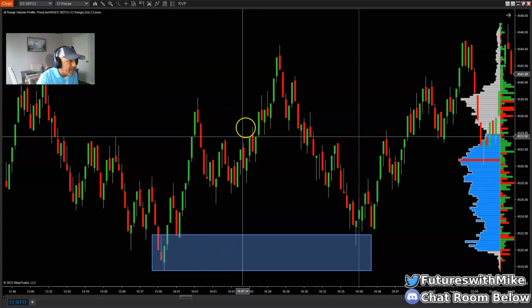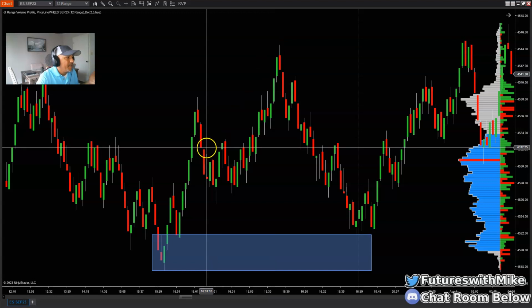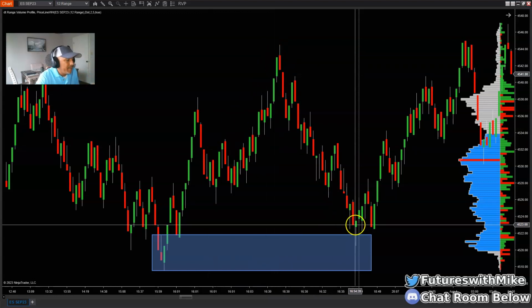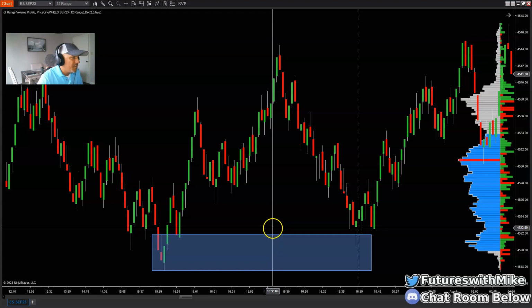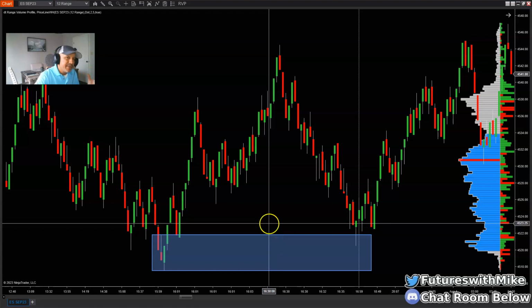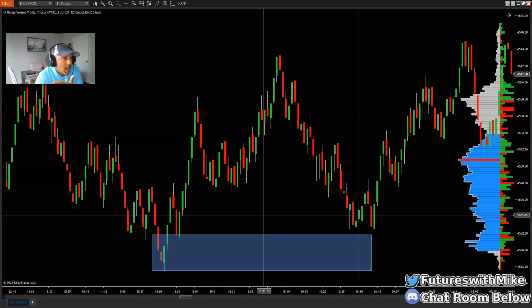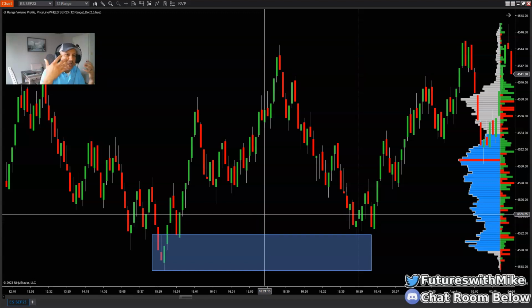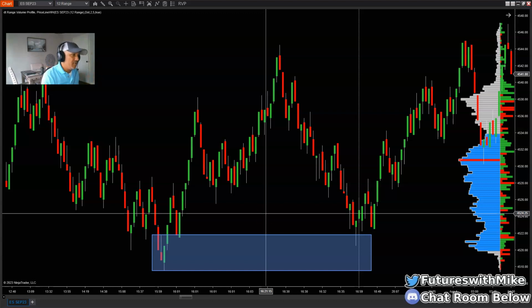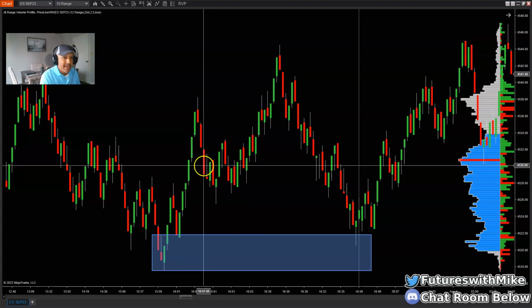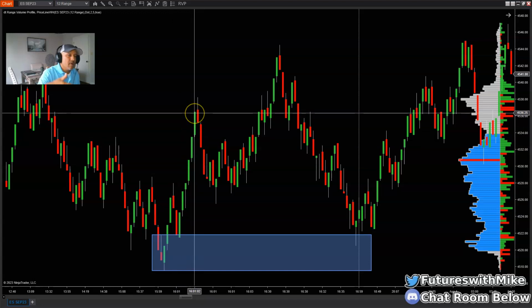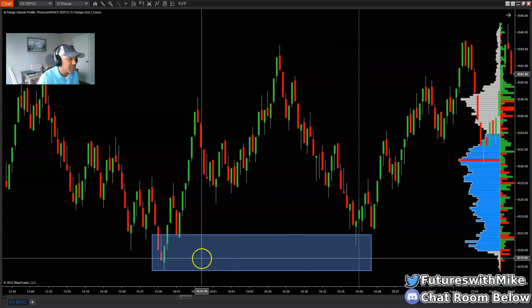I'm not saying that it didn't work out here, because it did. It pulled back before pushing higher. But ultimately speaking, the trades tend to work out better when you get into them at the lower extremity where the move actually originated from. Okay, especially again if there's an imbalance resting back at an area of demand in this case here, or at an area of supply. So just try to practice that, and you'll more than likely see a higher probability of success versus trying to trade every pullback at the upper extremity, above the 50% or higher area, versus allowing the market to come back to the lower extremity of a move.